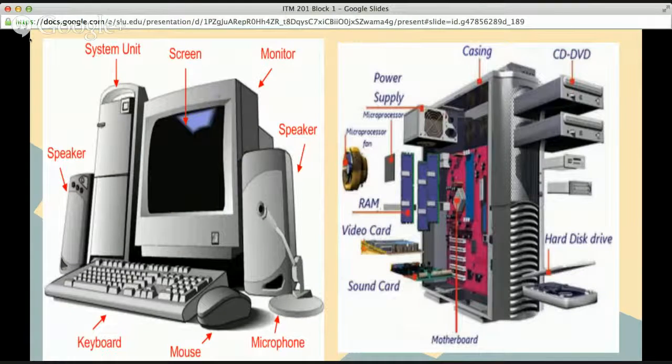Here is a picture that can show you more clearly the difference between the internal and external. So the external one is the hardware that we can see while we use the computer, but the internal hardware we can only see if we open the computer case and cover, and we will find it in the system unit.